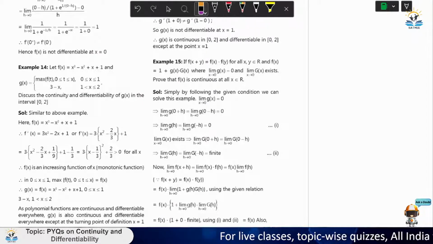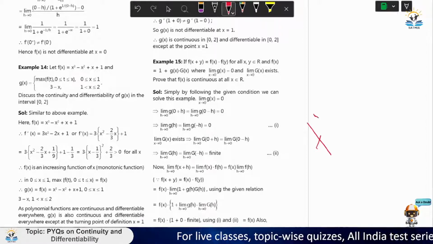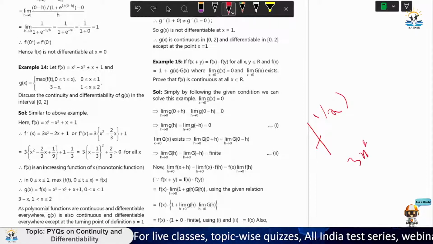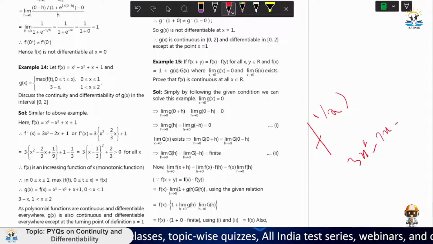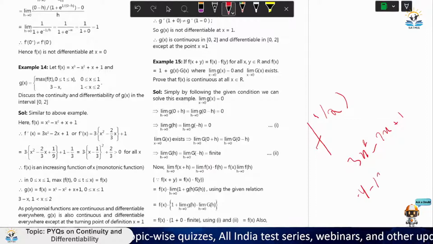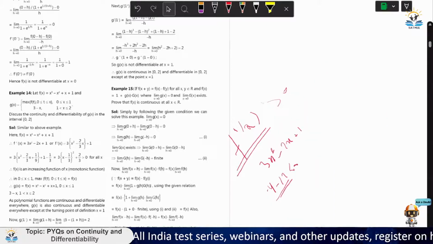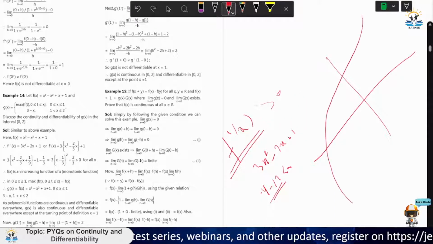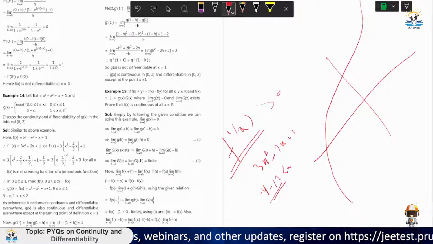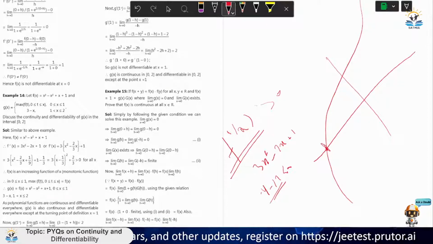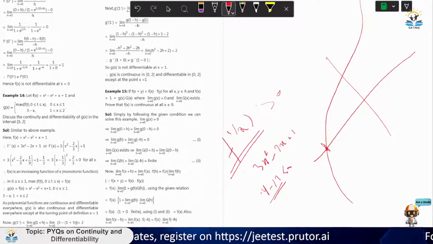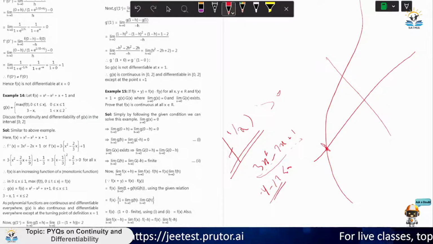So f dash of x देखते हैं, 3x square minus 2x plus 1. So b square minus 4ac, तो ये नेगेटिव आ रहा है और ये पॉजिटिव है, तो f dash x is always positive, यानी कि द ग्राफ इज ऑलवेज इंक्रीजिंग। ठीक है, ऑलवेज इंक्रीजिंग का ग्राफ कुछ ऐसा बना होगा। x इज इक्वल टू 0 पे वैल्यू क्या है, 1 है, और एक जगह पे 0 हुआ होगा ये, वो हम निकालेंगे। एक रूट तो होगा बिकॉज f dash is always positive, यानी कि ऑलवेज इंक्रीजिंग ग्राफ है। ठीक है, दिस इज व्हाट वी गेट राइट नाउ।